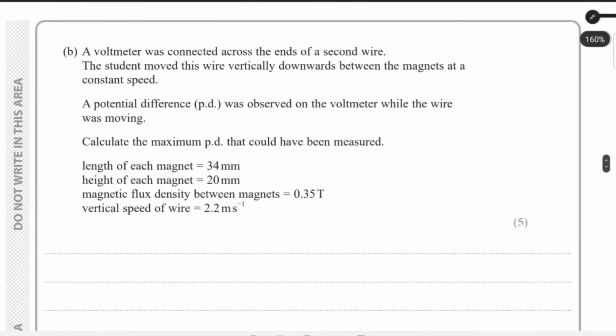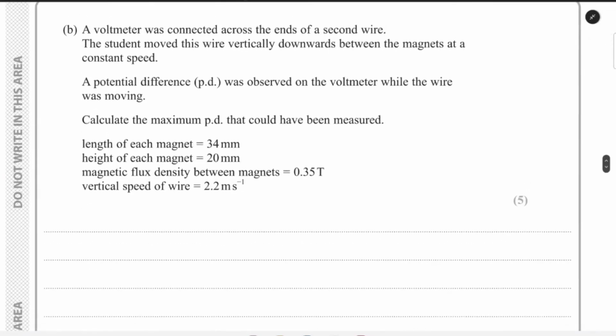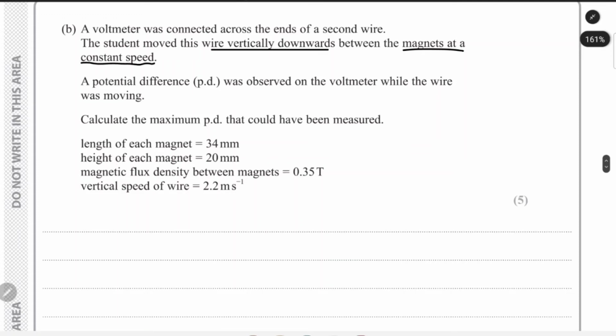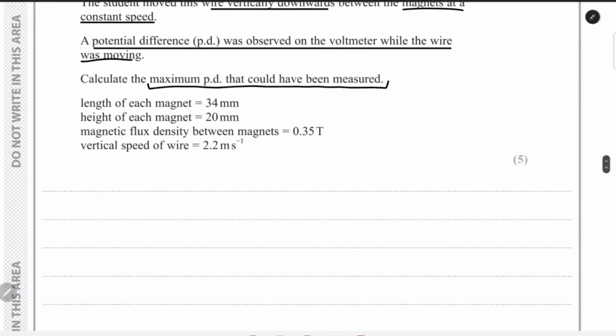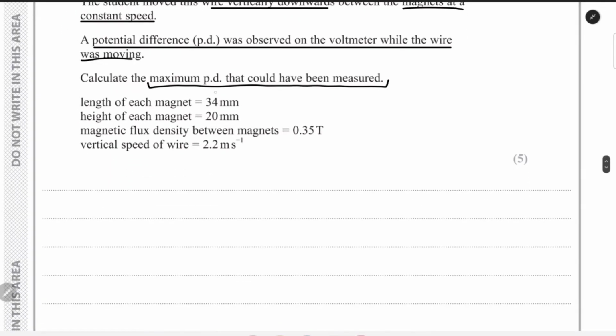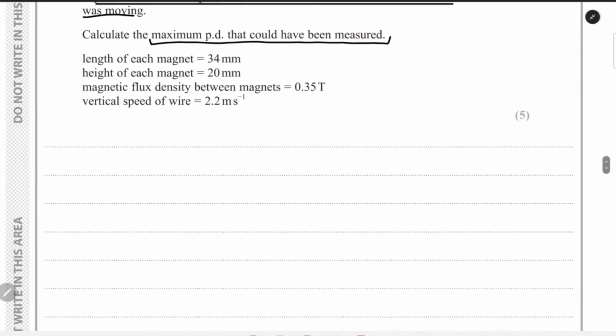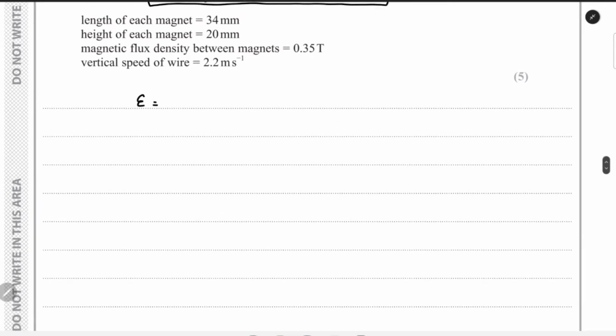Now for part B, we have a voltmeter that was connected across the ends of the second wire, and then this wire was moved vertically downwards between the magnets at a constant speed. And we're told that a potential difference was observed while the wire was moving. We have to calculate the maximum potential difference that could be measured. We have the length of each magnet, the height of each magnet, the flux density between them, and the vertical speed. We know that the EMF induced is equal to